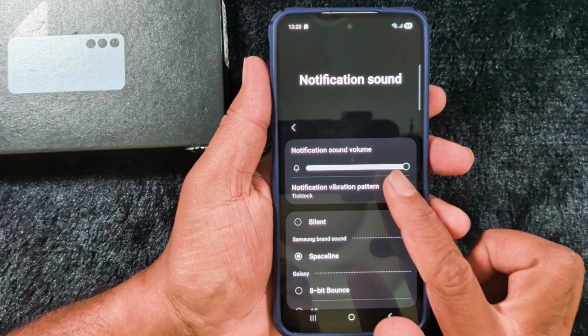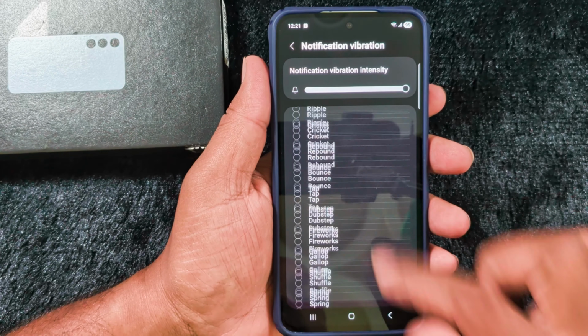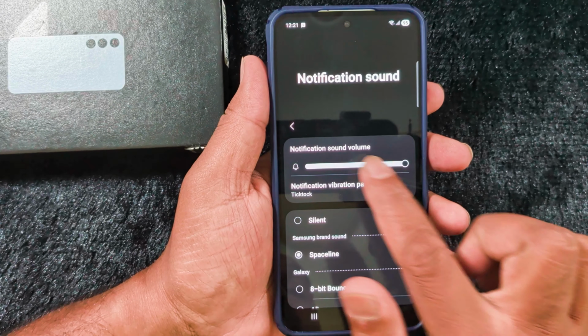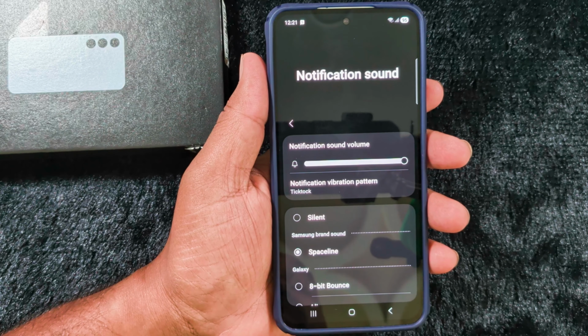If you want to change the notification vibration pattern, you can also change it, and also increase or decrease the notification vibration intensity. So that's all about the notification sound settings on your Samsung